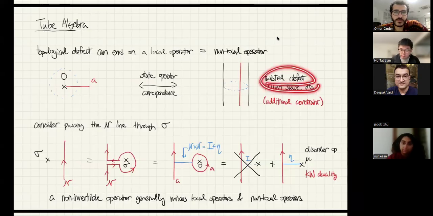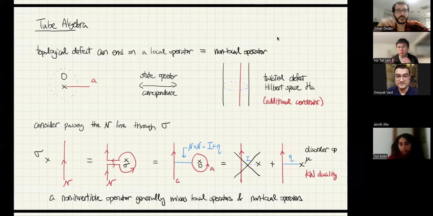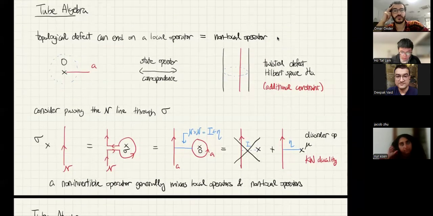twisted defect Hilbert space. And importantly, when I talk about topological defects, I always demand that it's an operator that has physical meaning. If we want to bring it in, it always has an associated twisted defect Hilbert space. So this actually puts very stringent constraints on what are the possible defects we can talk about. So now, with these ideas of non-local operators attached by topological defect lines, we can now ask